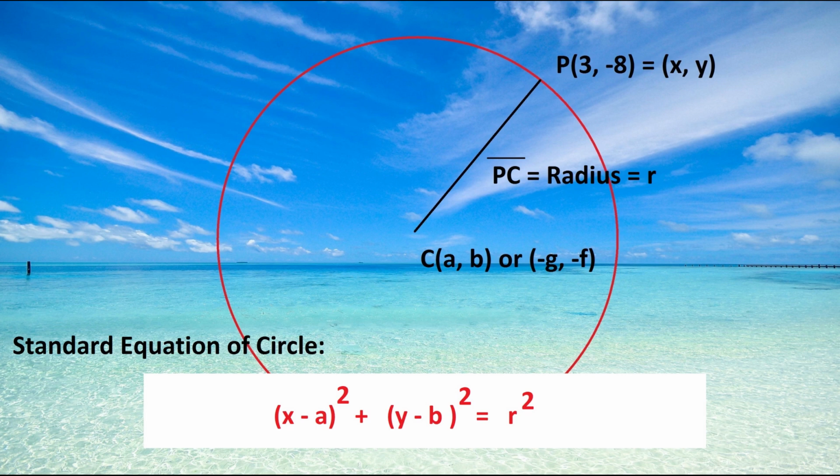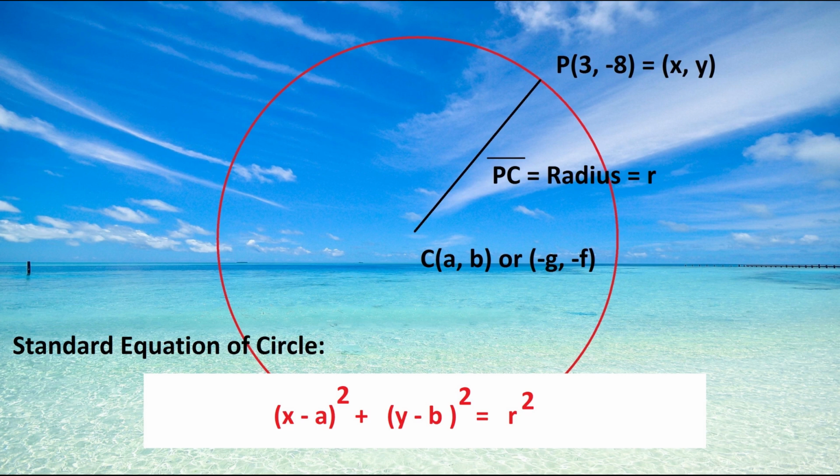In the picture, a and b are the coordinates of the center, and x and y are the coordinates of the point lying on the circumference, and r is of course the radius,